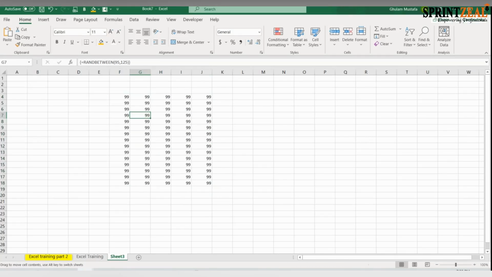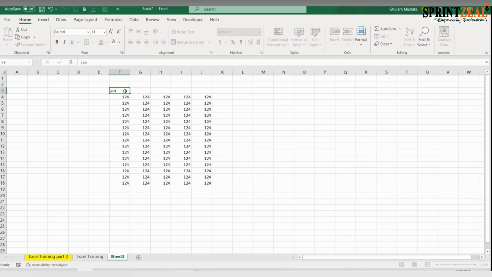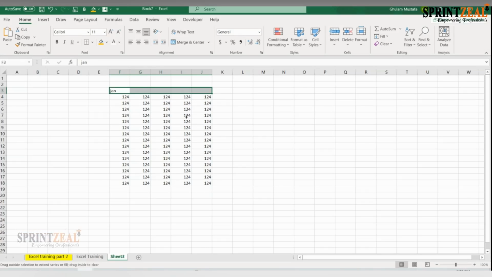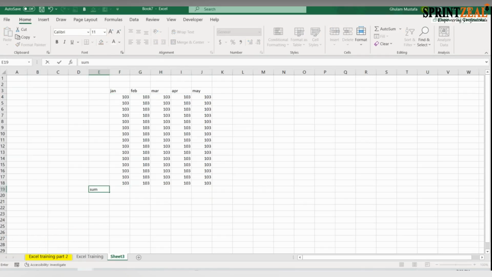Okay, and let's say this is for January till May. Now let's do some functions over there. Sum, maximum, minimum, and average.